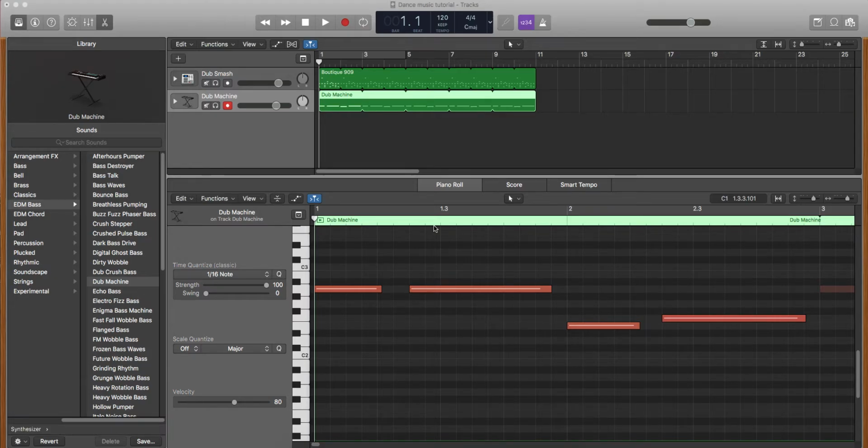The next part of your dance music production is going to be a chords track. Now this is going to add a little bit of texture to your song. At the moment we've got some quite hard sounds, the drums and the bass. We're going to add these chords to add something a little bit lighter, which will be really good when we're making things like a breakdown section, and we'll just add a little bit of extra stuff to our